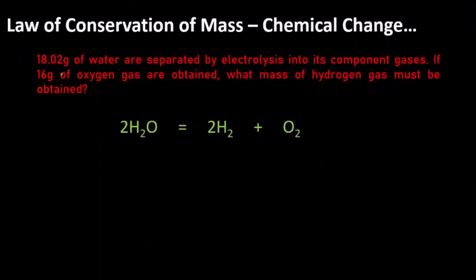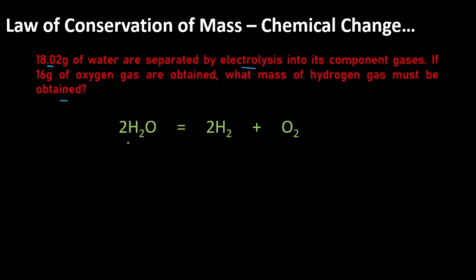We have another example here which states that 18.02 gram of water are separated by electrolysis into its component gases. If 16 gram of oxygen gas are obtained, what mass of hydrogen gas must be obtained? So here I will stick to the law of conservation of mass regardless of whether the equation is balanced or not. Though here I have written the balanced equation for this particular chemical reaction, but according to the question, the